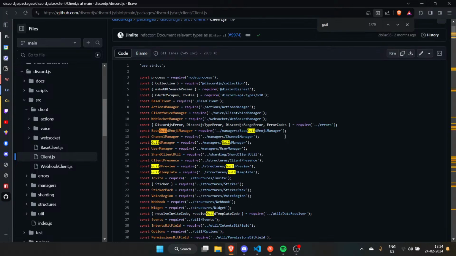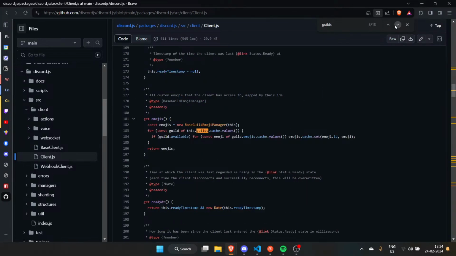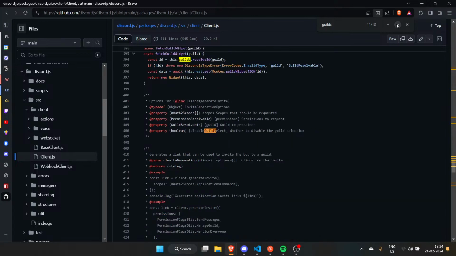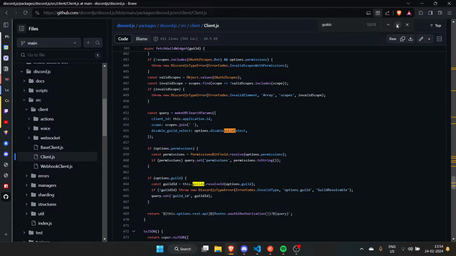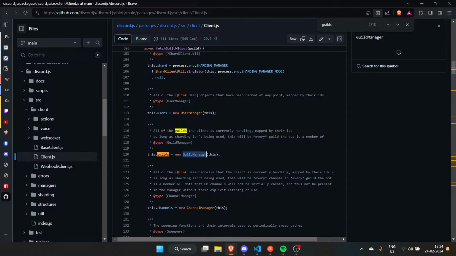So we have our beautiful client dot guilds. Okay, fetch guild preview. That's not what I'm looking for. Fetch guild widget. Make URL search param, option dot guild. So let's look into guild manager, right?